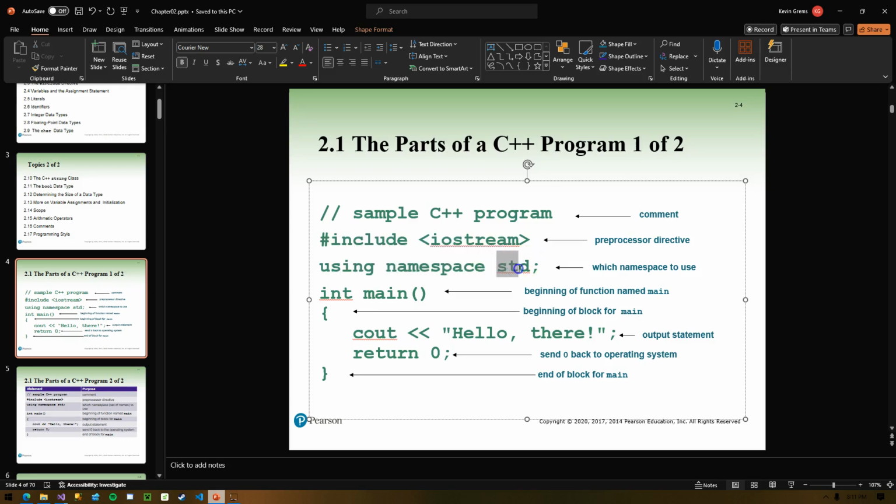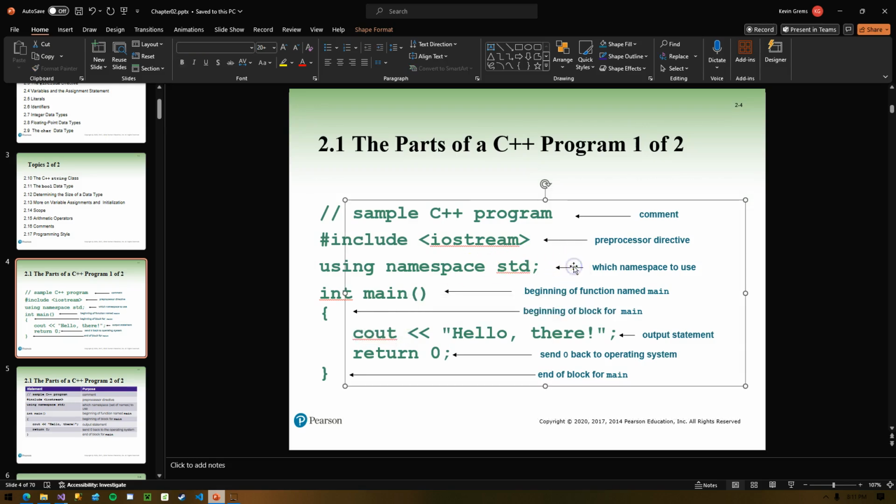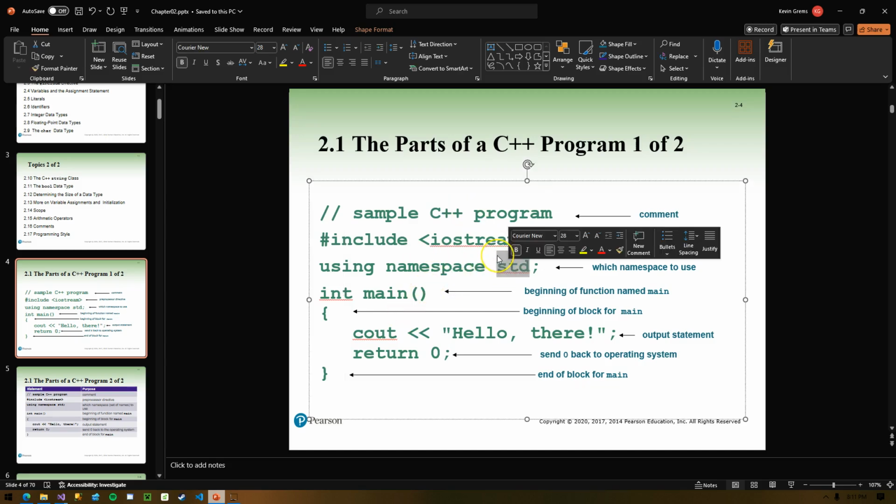The standard namespace is huge. We're using cout and cin, maybe a few others, but it is quite large. And there are ways to just include cout and cin of the standard namespace, so you don't have to bring in that whole namespace. I don't think we'll get into that this lesson, but just know that you can pick and choose little pieces of a namespace to bring in if you like.